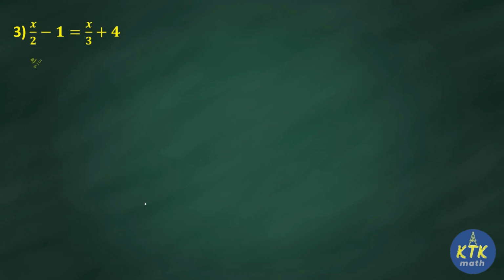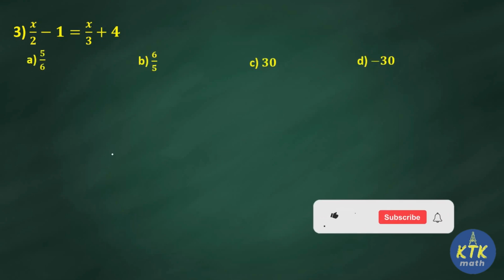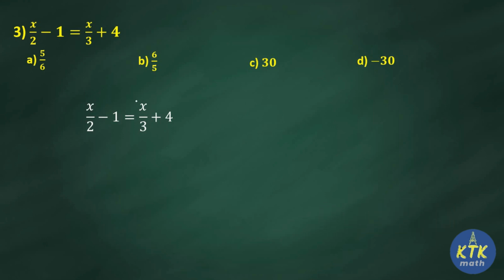x by 2 minus 1 is equal to x by 3 plus 1. This question involves some fraction terms. So as usual you are going to rewrite the question: x by 2 minus 1 is equal to x by 3 plus 1. Before starting to solve, I need to arrange variables on one side and numbers, that is constants, on the other side. So you are going to have this x by 2 same.